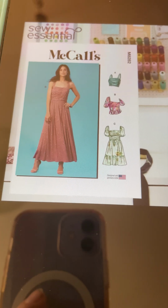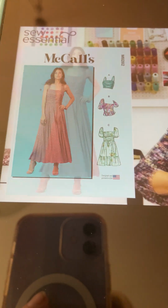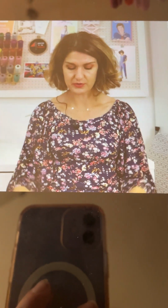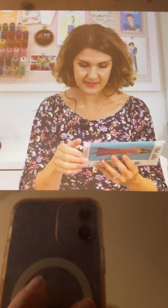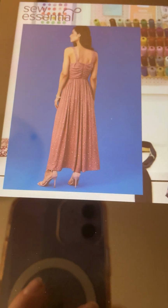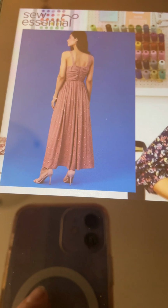It's got 4 views, so it's got view A, which is a ruched gathered fitted bodice with 2 simple straps. And how does it fasten at the back? Looks like it fastens with a zipper at the back. Yeah. View B is a square neckline, as we've talked about, very, very on trend at the moment. A princess seam down the